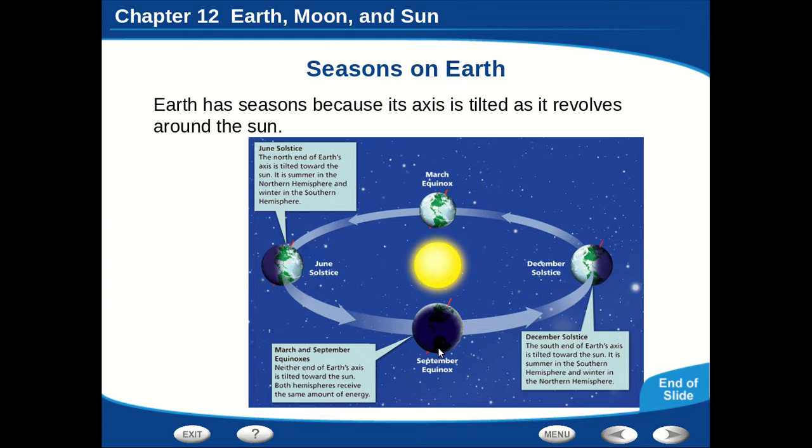And then we can see in September and in March, we have some interim effects. We have kind of the middle ground between June and December. They're going to be where neither half of the globe, the northern or southern hemispheres, is tilted more directly toward the sun.